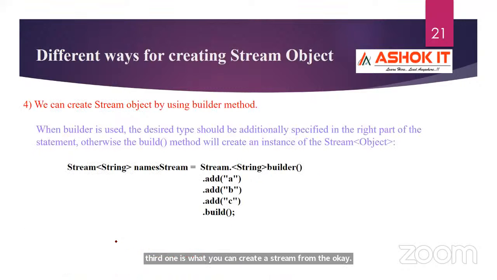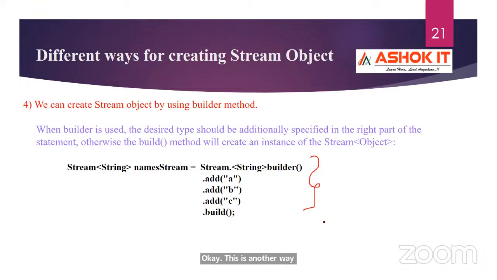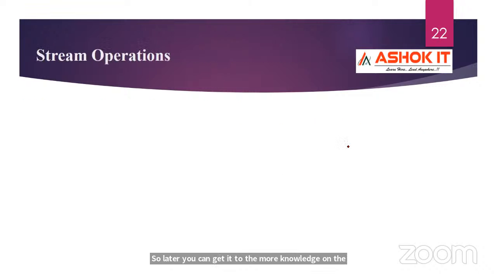And we have a fourth mechanism to create a stream object by using the builder method. This is another way of creating the stream object using the builder pattern. For the time being, you can ignore it, and later you can gain more knowledge on the builder part. As we already discussed it,